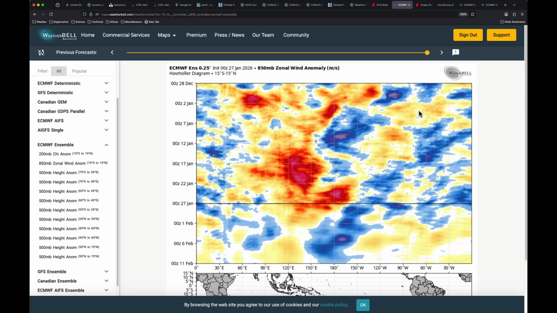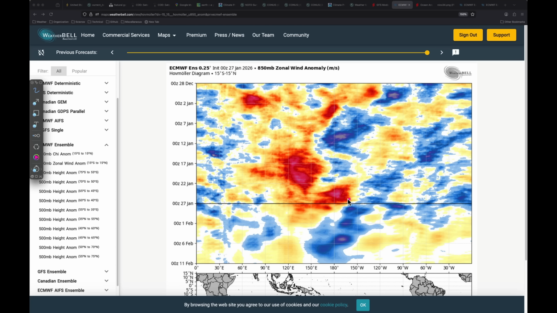I want to jump over quickly here before I finish up, looking at the Hovmöller diagrams over the central Pacific, really all the way across the equator, but the area I'm focused on is right here. Again, with these charts, we're looking at westerly wind anomalies out of the Pacific. This is something we talked about earlier this month. And then we have some easterly wind anomalies in blue across the central Pacific. I mentioned this even last week: when we get these easterlies, trade wind surges across the central Pacific, that's almost more indicative of La Nina.